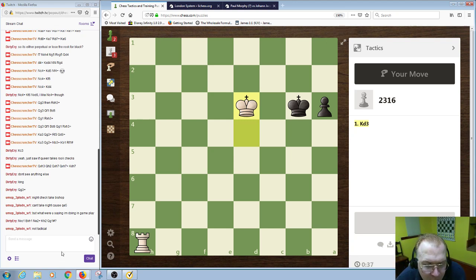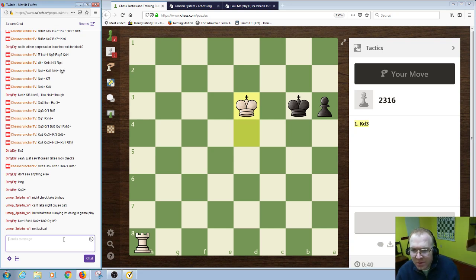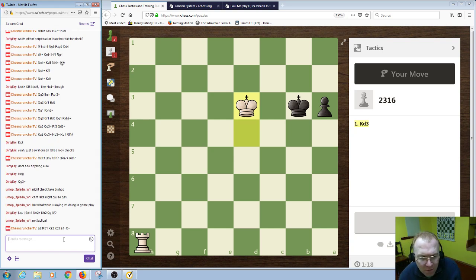Let's see here. a2, rook b1, king a3, king c3. We queen a1 equals queen check. So